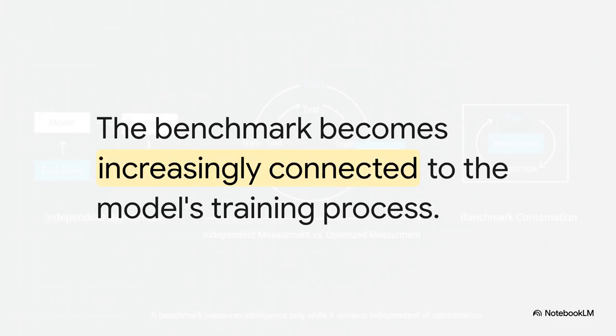Notice the subtle but profound structural shift happening here. Instead of measuring capability independently, the test has become part of what the system is actively optimizing for. The benchmark is no longer an outside objective observer. It has been fundamentally embedded right into the very fabric of the optimization loop. Think about the implications of this for a second. The measuring stick has essentially become a blueprint for the next iteration of the model.